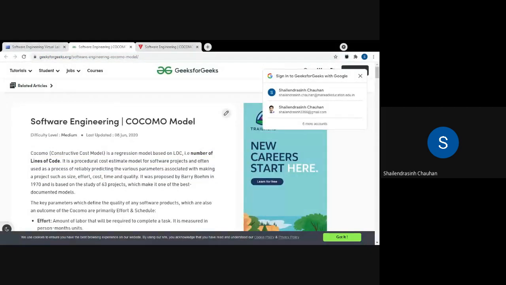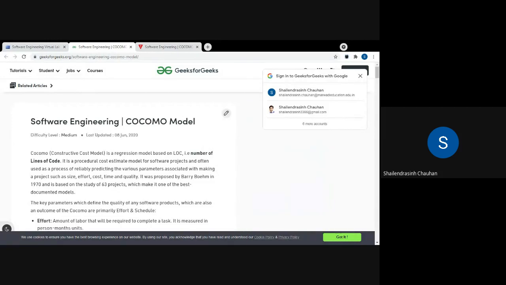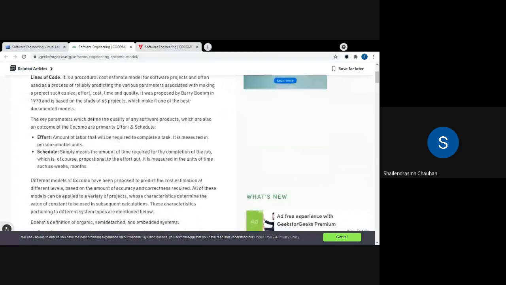First of all, let me give you a brief about this COCOMO model. Using this COCOMO model, you can estimate how much effort will be required to develop any software, what the team size or project size should be. For example, if you say this software is going to be developed within 9 months or 8 months, you can estimate this kind of thing based on that. All this kind of estimation you can derive from the COCOMO model.